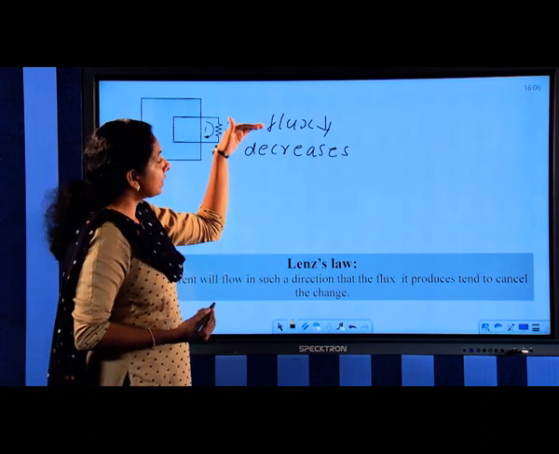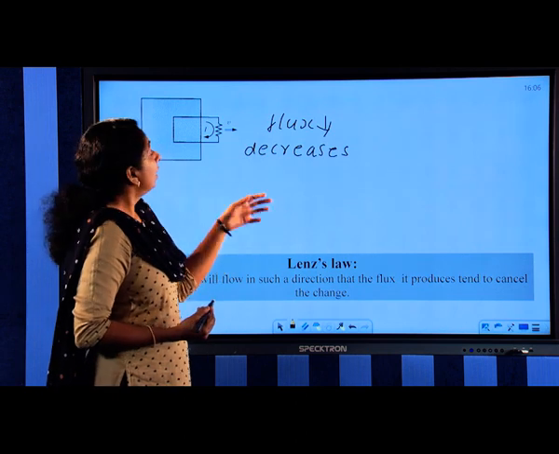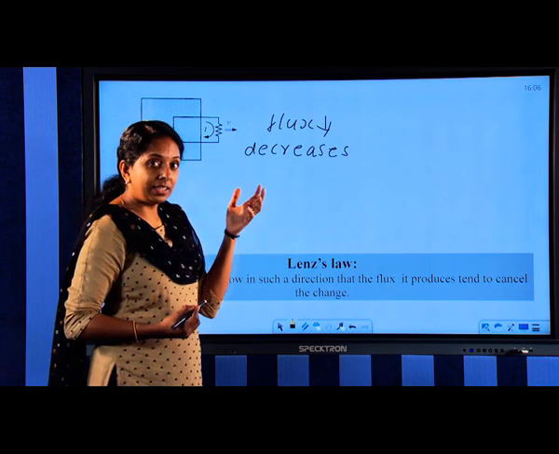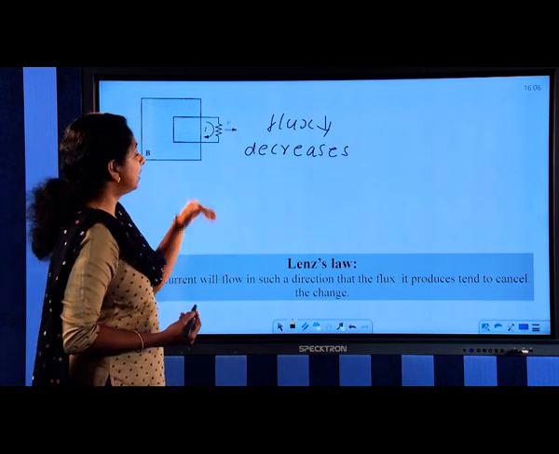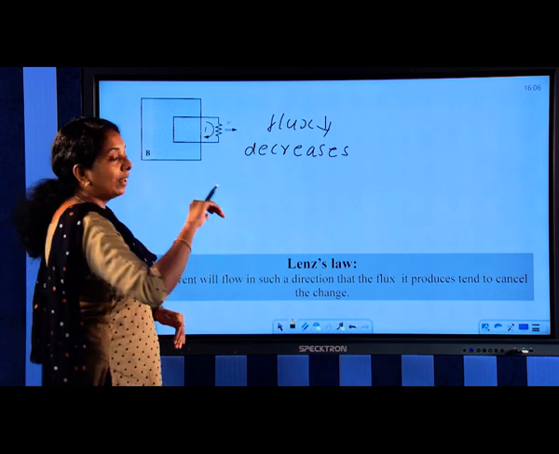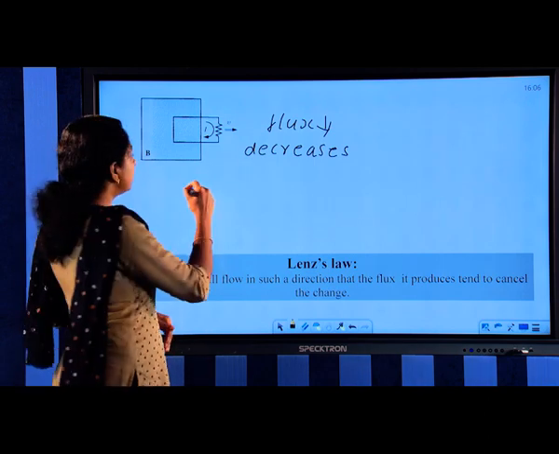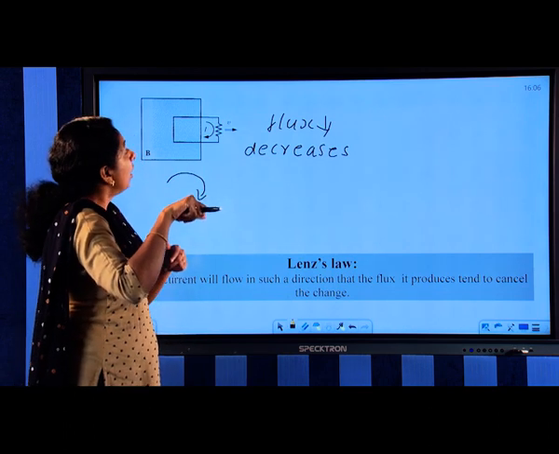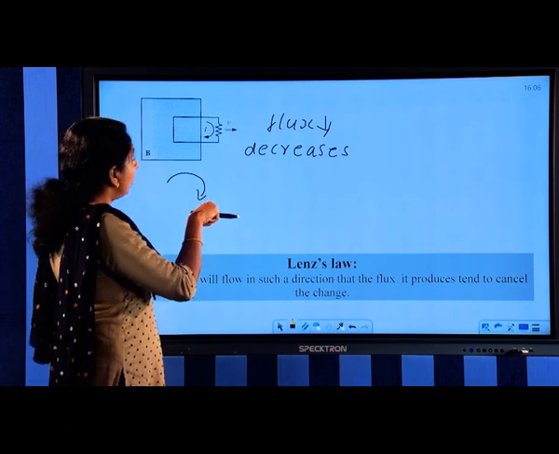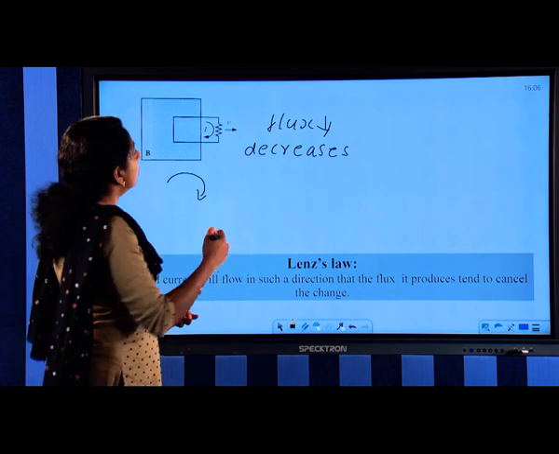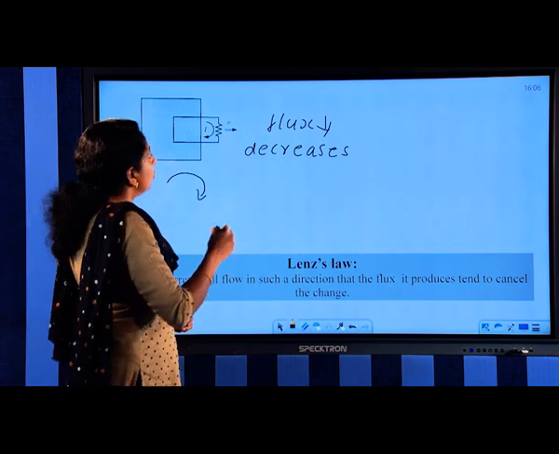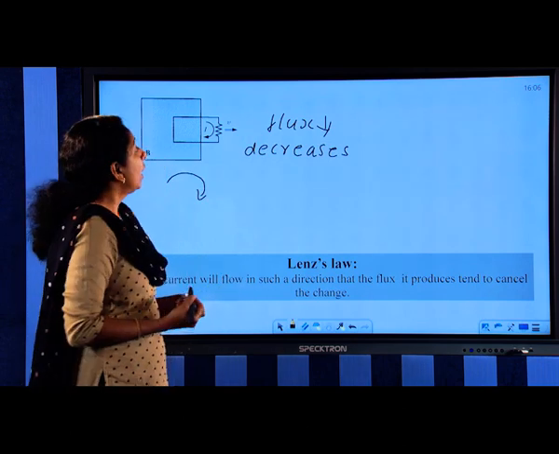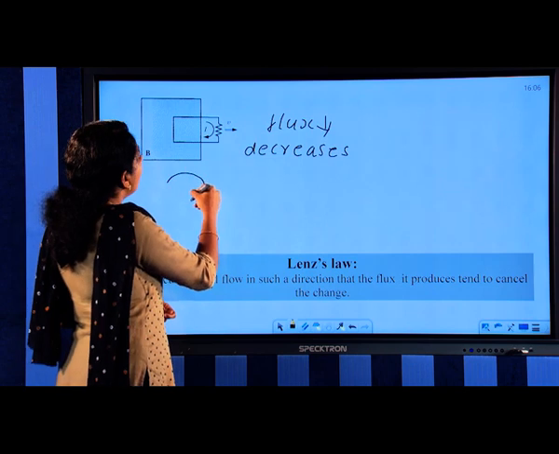So, here the flux is decreasing, that means the field due to the induced current will be in such a direction to oppose the decrease in flux. So, here we can see that if the current is flowing in the clockwise direction, then the induced magnetic field will be towards the board, that means it opposes the decrease in flux. So, when we move the loop to the right with some speed v, an EMF is induced in the clockwise